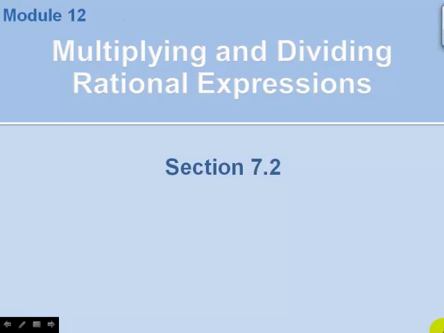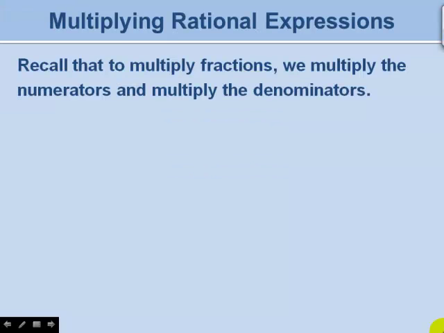This is the video for Module 12, Section 7.2, about multiplying and dividing rational expressions. First, we'll talk about multiplying rational expressions, and recall that to multiply fractions, we multiply the numerators and multiply the denominators. Here's an example. If we're multiplying the two fractions, 3/5 and 8/7, all we need to do is multiply